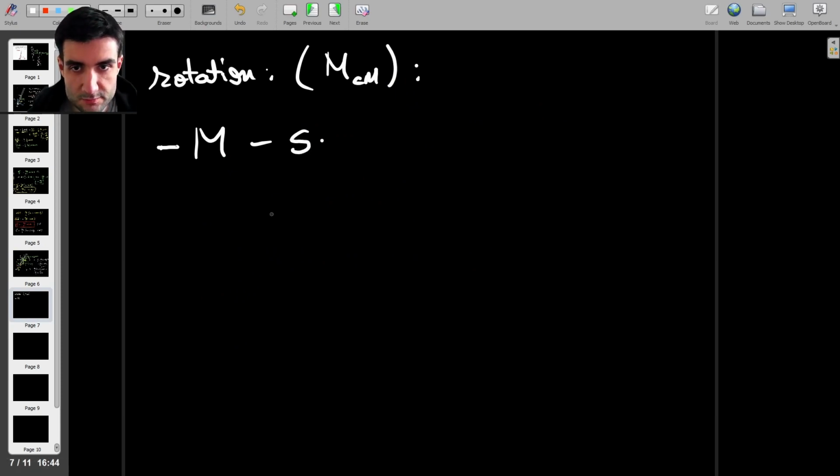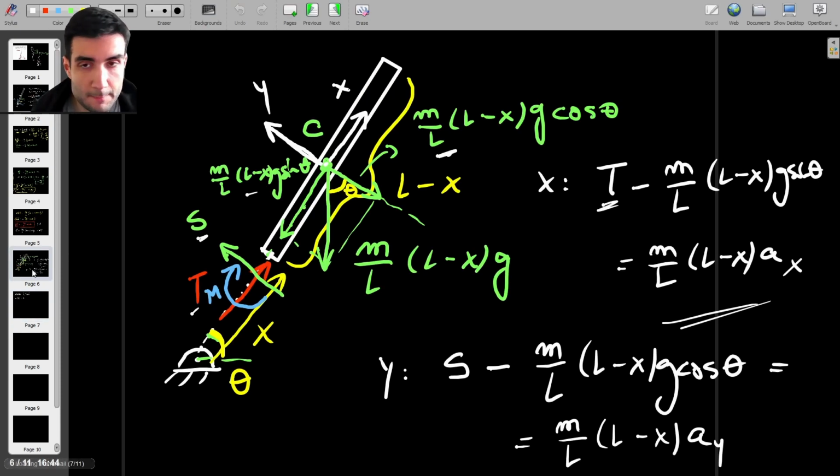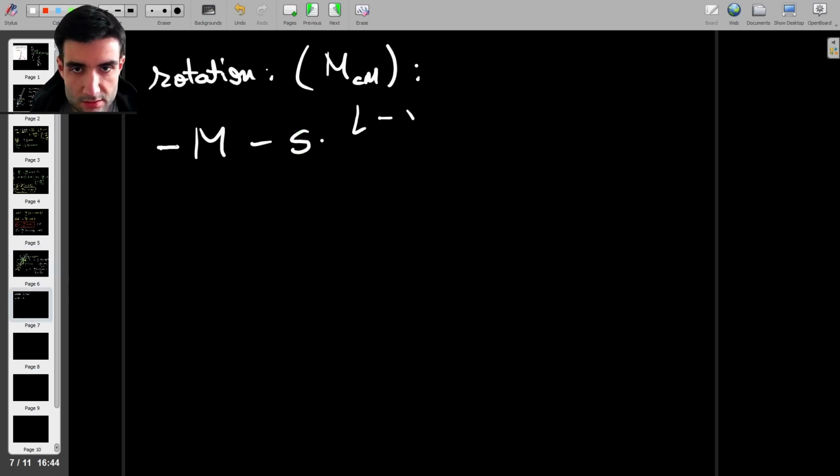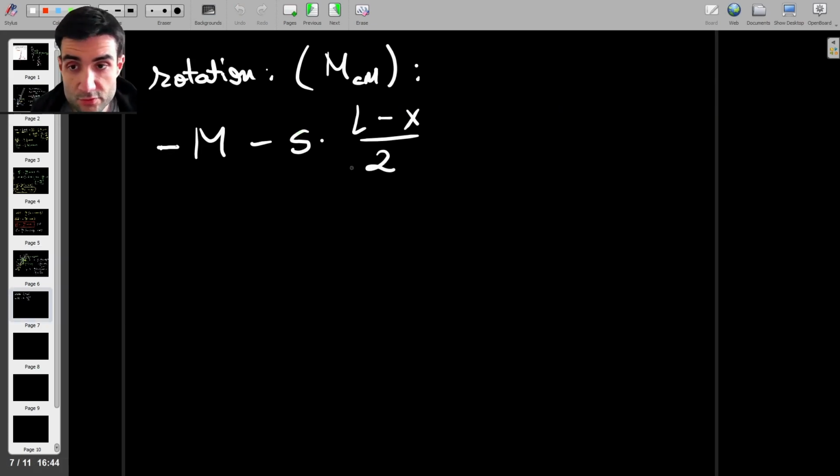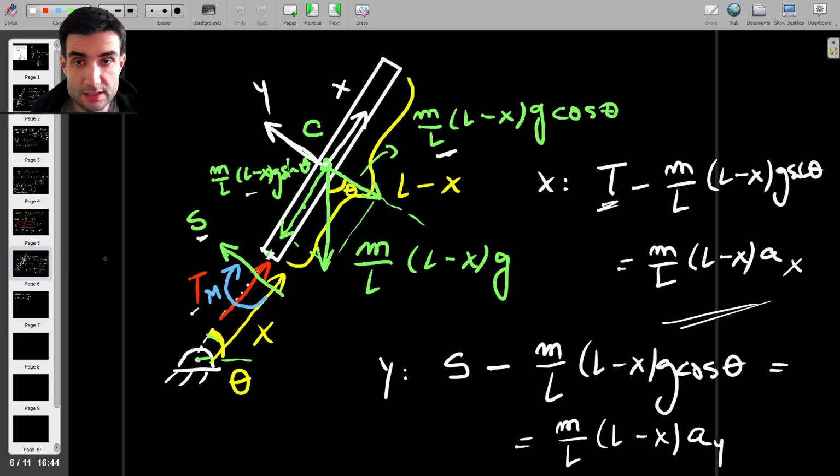And then we have S multiplied with the moment arm. The moment arm is the distance from C to this cut, which is (L minus x) over 2. So (L minus x) over 2, and that should be it. Those are all the moments acting about that C, because the tension doesn't produce a moment and the weight